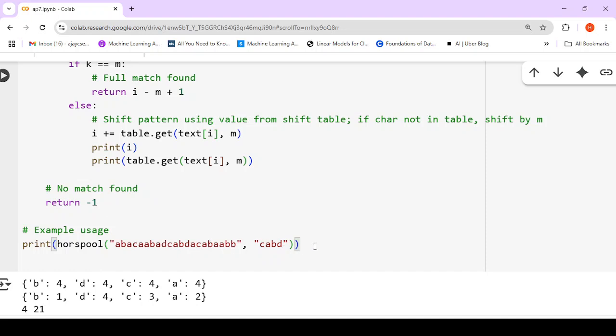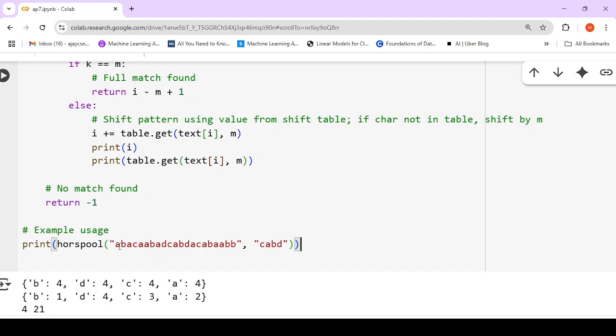This is the idea of the Horspool algorithm. So first of all, we create a shift table. This is the shift table. The last element's position will be same as the length of the pattern, and then all the others will get how much distance are they away from the last element. So B is 1 distance away, as we can see. A is 2 distance away, and C is 3 distance away. Once we do that,